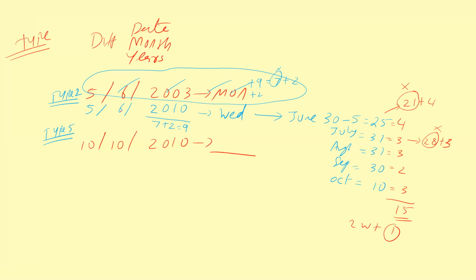So we are going future. From June, we are going to October. From the reference day of June, we are going to October. So we are going future. We are moving forward. So add the remainder. Wednesday plus 1 is what? Thursday. So this answer is Thursday. So for answering type number 6, we must be thorough with all the 5 types from 1 to 5.